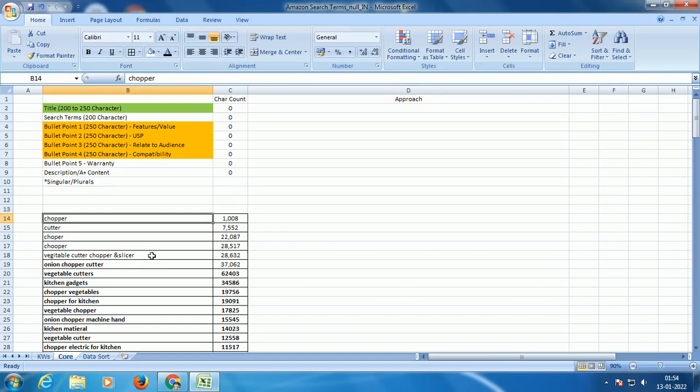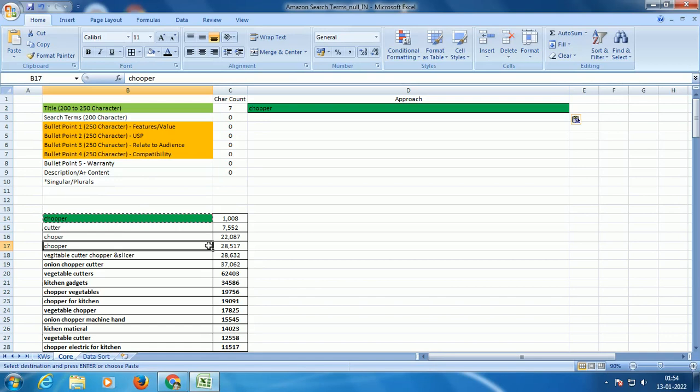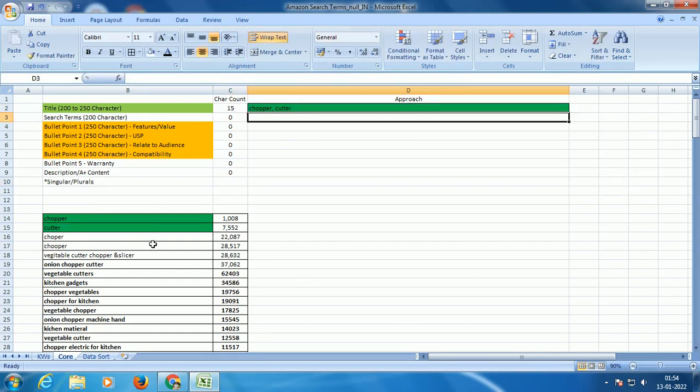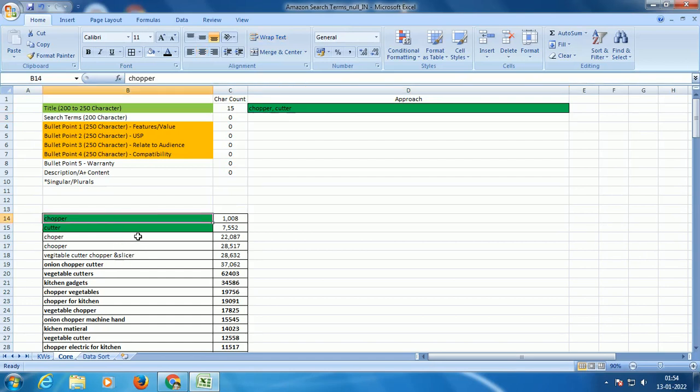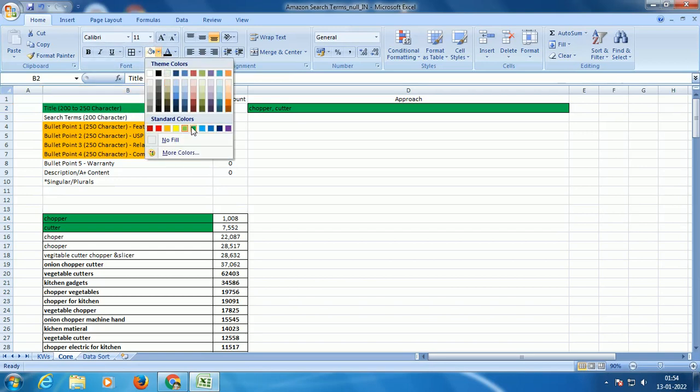For example, if I want to use my keyword chopper in my title, I'll paste chopper here, and it will automatically color it green. Let's say I want to use the keyword cutter, it will also color it green. When it is colored green, I will know that this keyword is already used in my title, because green signifies my title.